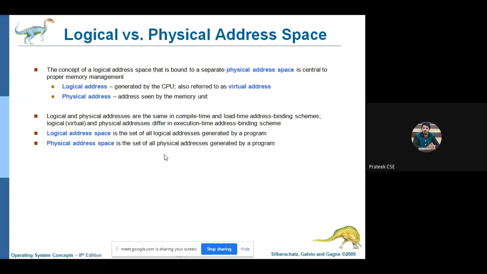लॉजिकल एड्रेस वो एड्रेस है जो किसी भी प्रोग्राम या किसी भी फाइल का सेकेंडरी मेमोरी वाला एड्रेस होता है, लेकिन किसी भी प्रोग्राम को रन करने के लिए पहले हम उसको रैम के अंदर लेके जाते हैं. तो जैसे ही वो रैम में आएगा, वहां पर उसका एड्रेस कुछ और हो जाएगा. उस एड्रेस को हम बोलते हैं फिजिकल एड्रेस. तो भाई हम लॉजिकल एड्रेस को फिजिकल एड्रेस में कैसे ट्रांसलेट करते हैं, that we will also see in next few lectures. So for now you can just remember